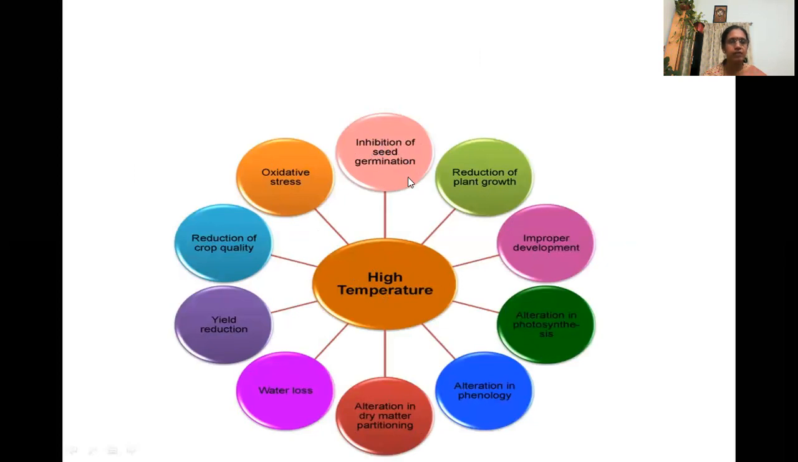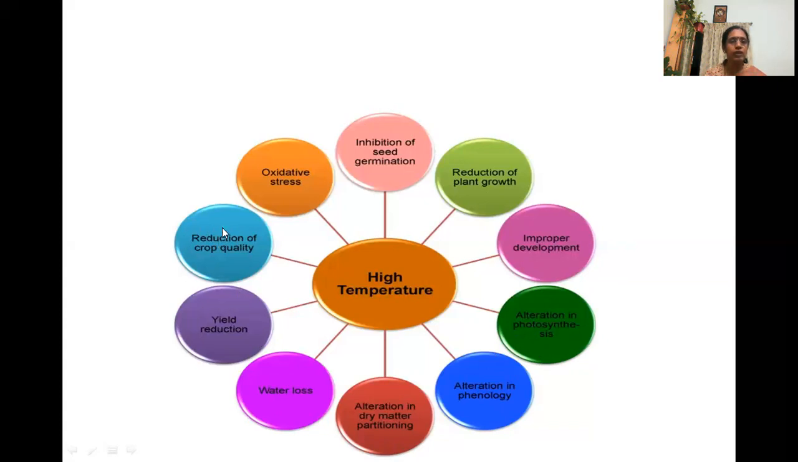It inhibits seed germination, and there is reduction of plant growth, improper development of the plants, and alteration in photosynthesis. This is the one which is very important. This leads to so many other aspects. Whenever the photosynthetic rate is reduced, then there is alteration of the other metabolic pathways, which leads to low crop productivity. And then alteration in phenology, alteration in dry matter partitioning, and yield reduction,